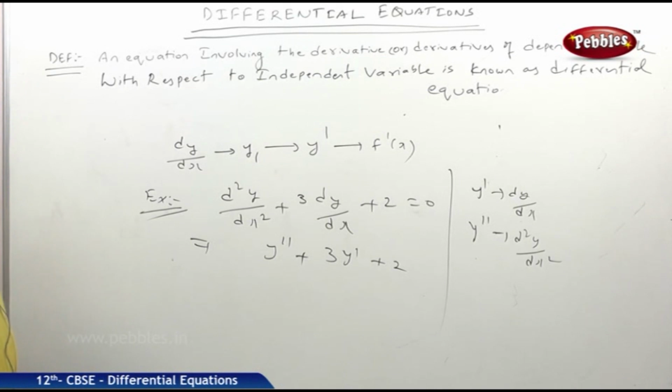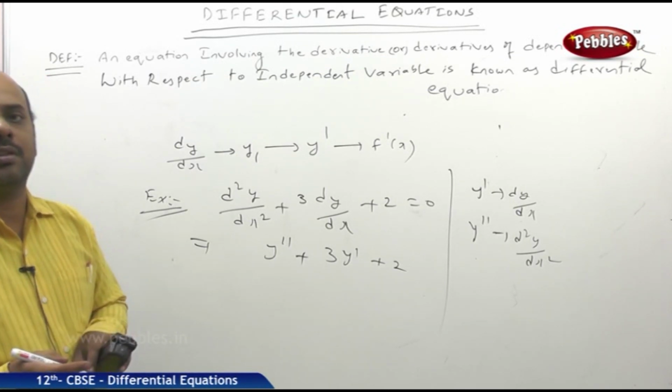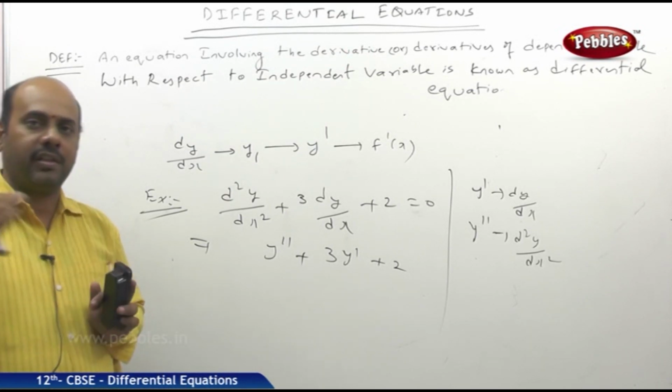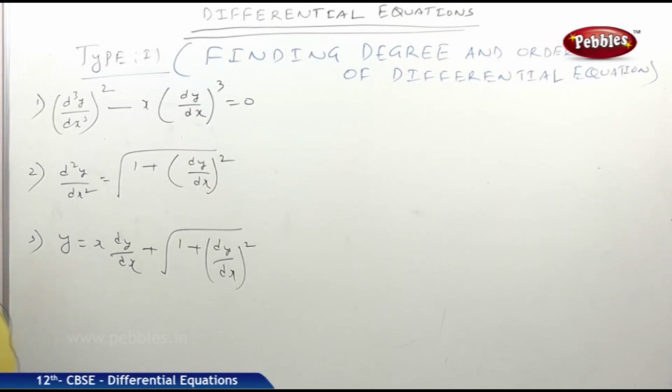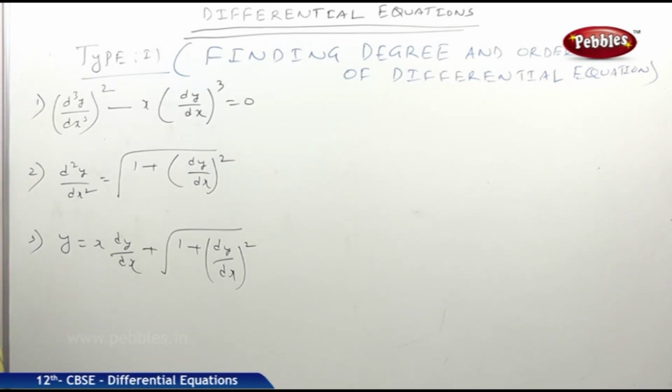Now we shall be starting the problems in differential equations. Here also various methods will be involved. We will be doing it category wise. Now we are going to see category 1 problems, finding degree and order of a differential equation. Sometimes there will be a twist in solving this kind of problems. Even though they ask for very short answer questions, we need to observe carefully.